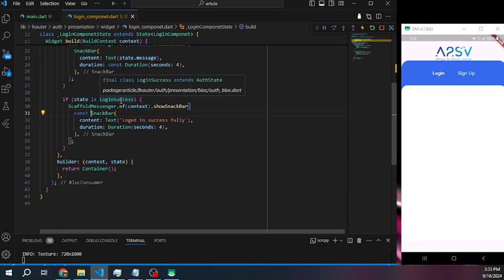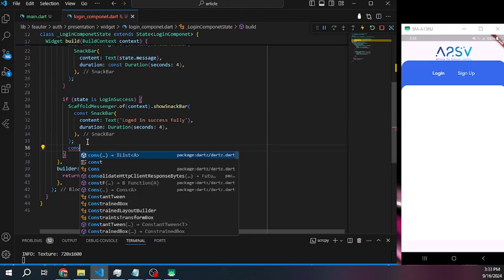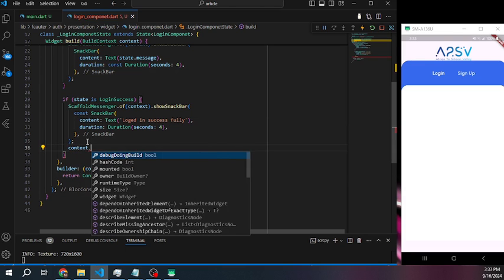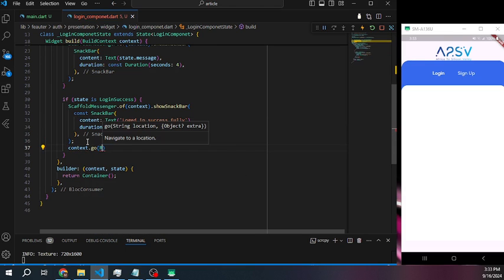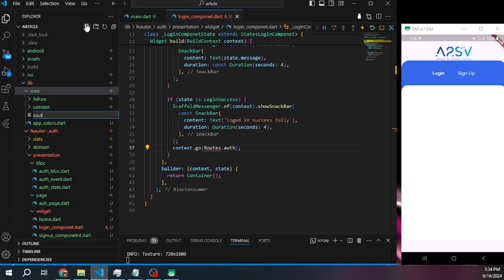And the next thing we need to do is, if our login success state is successful, we need to navigate to another page. To do that, we are going to call context.go with Routes.auth. This thing is not created at this time, but we are going to create it. Let's create our router inside core. Let's create a router folder